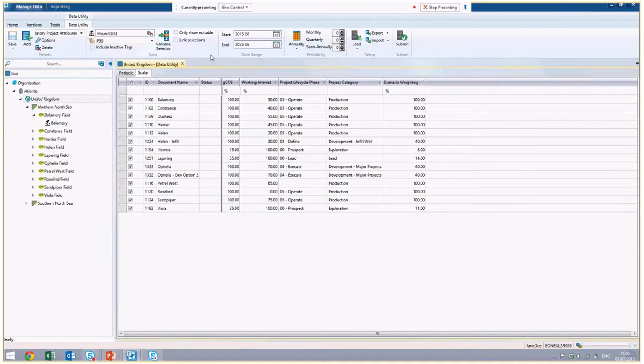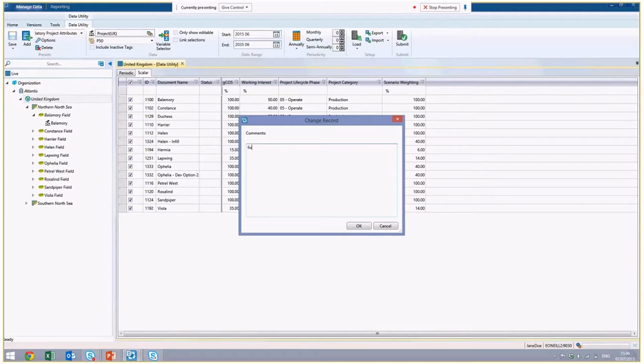So I have another preset here which actually pulls those mandatory data attributes out into our grid. So let's do that, and we can see right away that in our Petrel and Rosalind field, here are our errors. So Rosalind was missing the working interest, and I consult my colleague in the Rosalind asset, and I know that the equity should be 60%. So Petrel West, similarly, I know this is in operate mode, so I need to fill that in correctly. Okay, so let's submit that. So we can say fixed